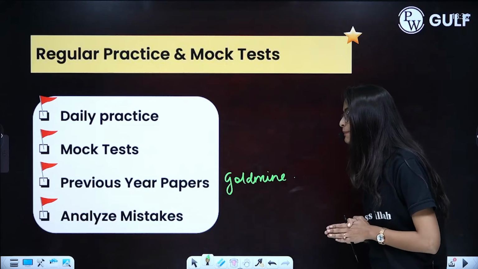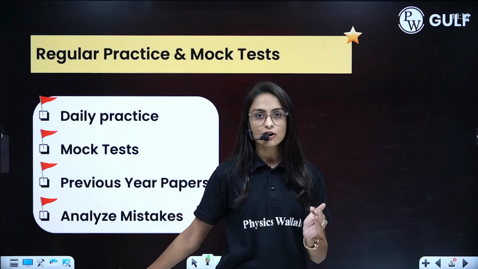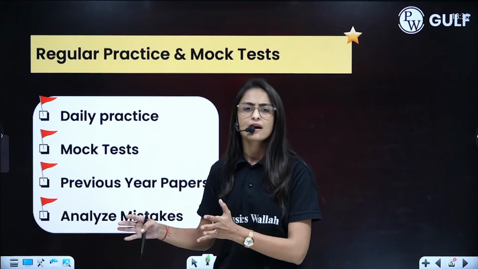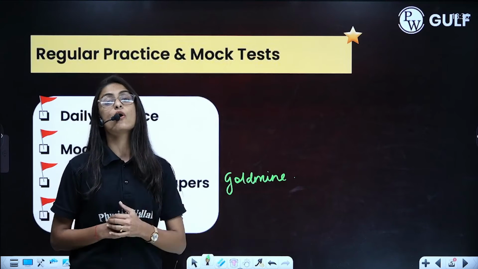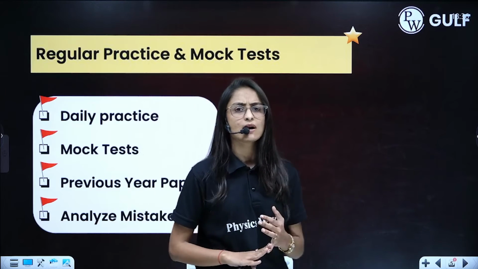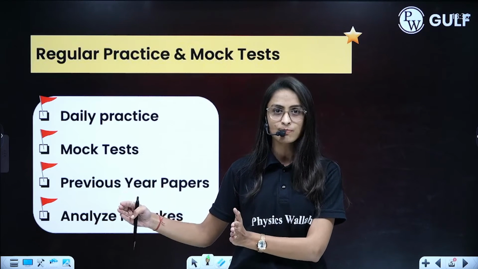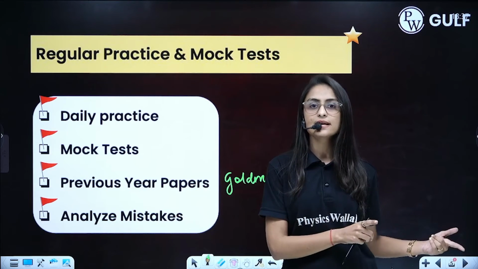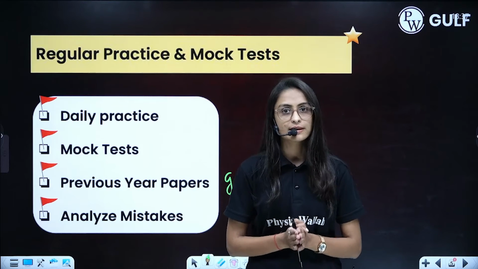To analyze the exam pattern, and then once you check each and every step, the last one is to analyze your mistakes. You have to analyze where you are making mistakes. Keep a separate diary, write down all your errors, and then rectify each and every error. This will help you avoid mistakes in your examination. Not each and every mistake, but say in mathematics you are making a mistake in a particular sum, you write it down, and when that sum comes again, you will rectify it in a more effective way.